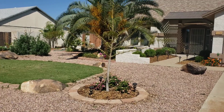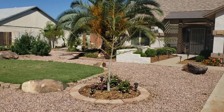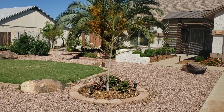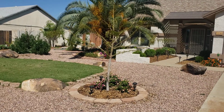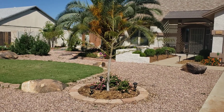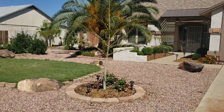Getting a lot done this past month, mostly working on the RV lot area, getting that food forest established and getting fencing put up. But we're going to do this as part one. This is going to be the front yard only to show you what we've got, and we'll start off with